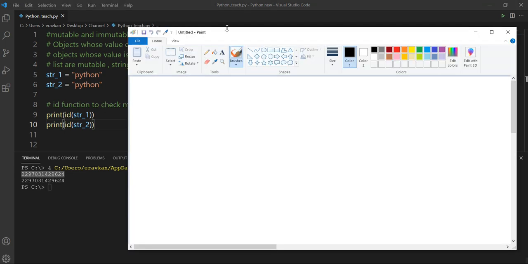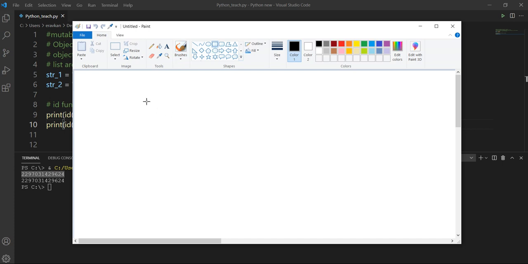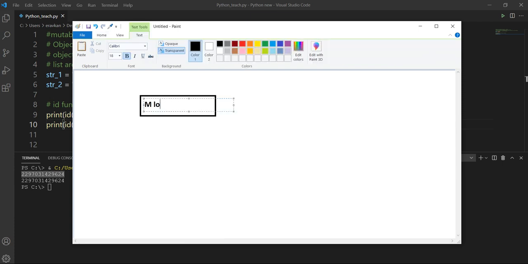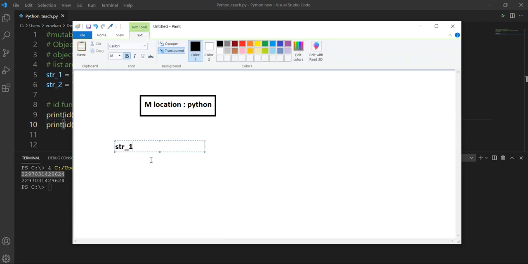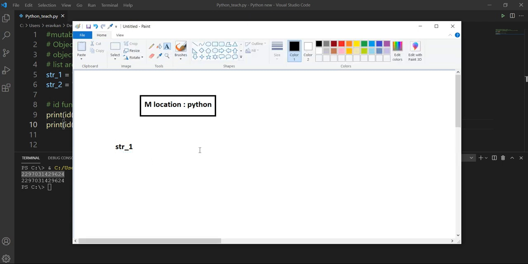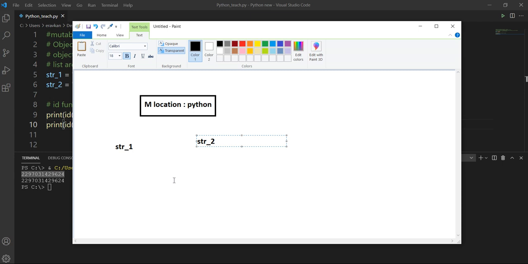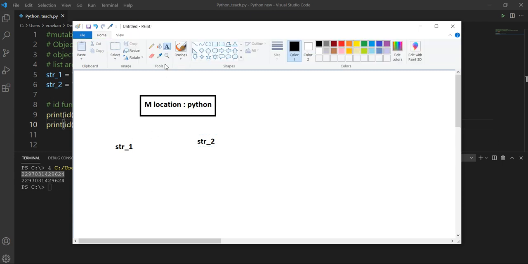So what is happening at the backend? If I create some value in memory, this is my memory location having the value Python. If I create a variable string_1 that contains the value Python, and I create string_2 as a new variable, then in memory whatever value string1 contains, if string2 contains the same value, then string2 will point to the same memory position.